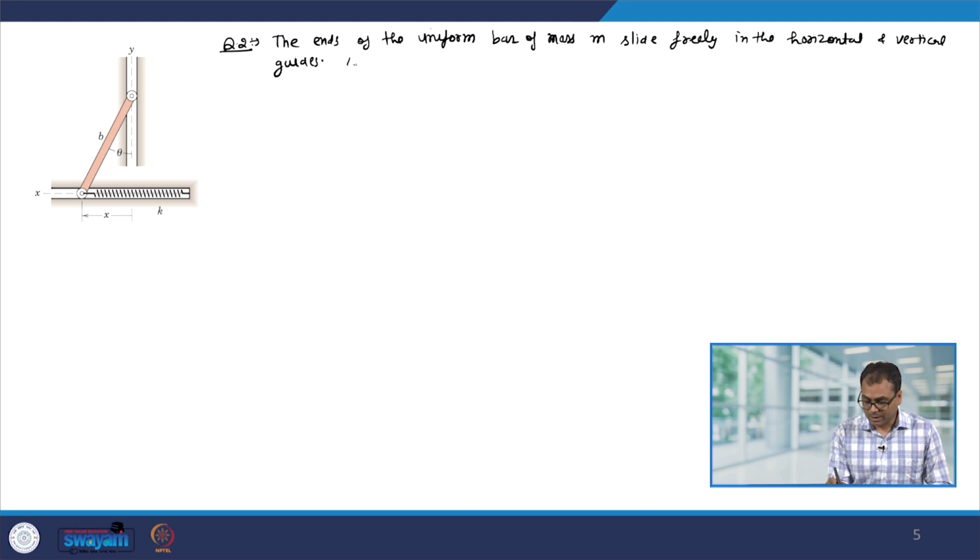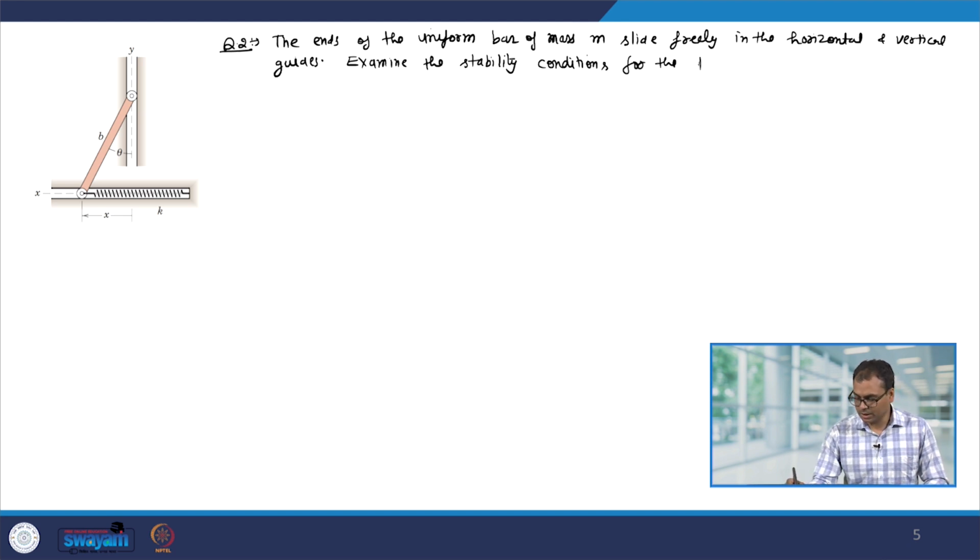Okay. Examine the stability condition for the positions of equilibrium,